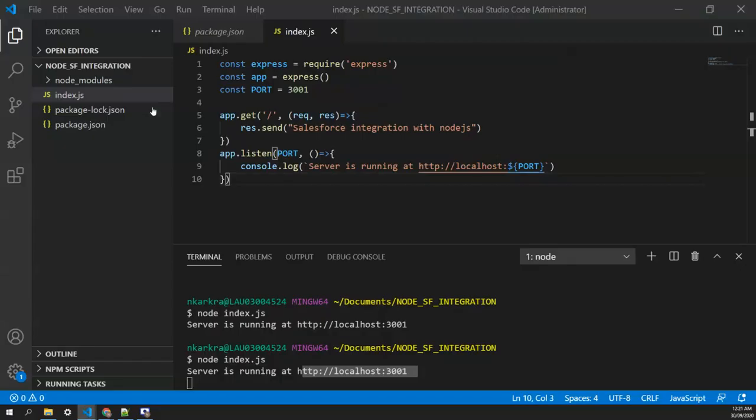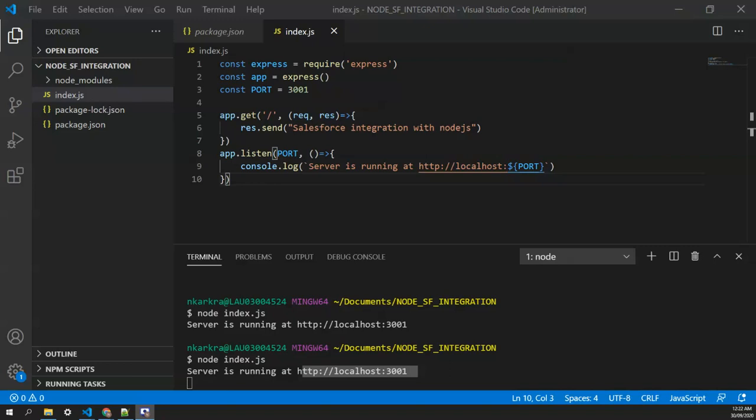So the next step is to connect with Salesforce. So I'll go back to my VS Code. Before connecting, we need some credentials like username, password, and security token.